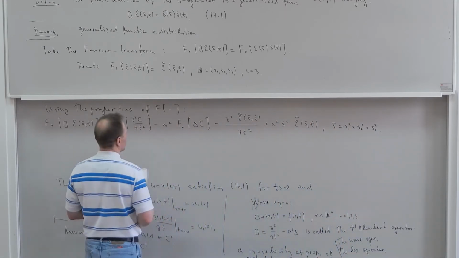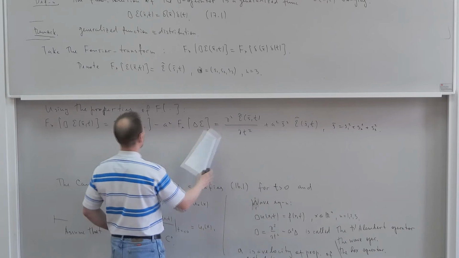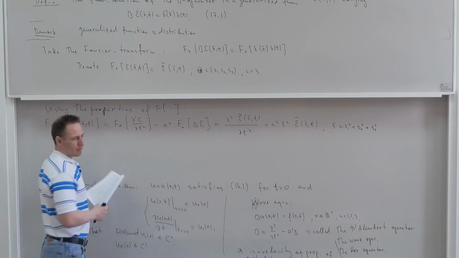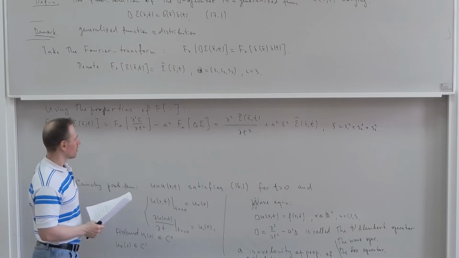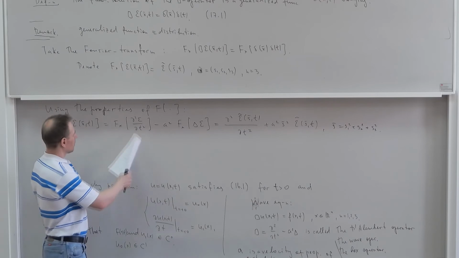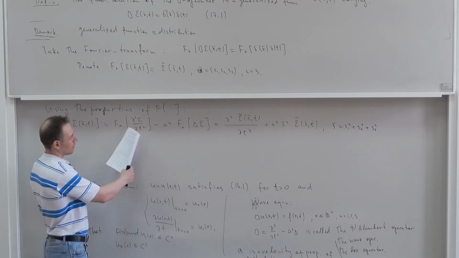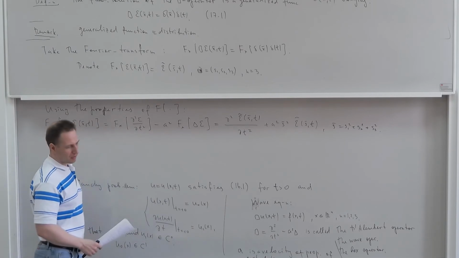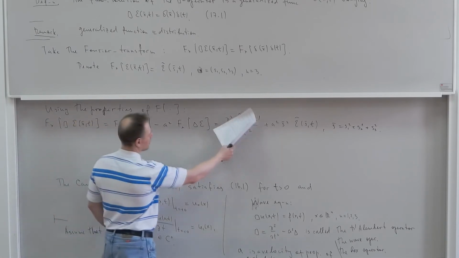And as for this expression, since t is some constant parameter, and the Fourier transform is taken with respect to the variables x, we can just take out the derivative with respect to t,